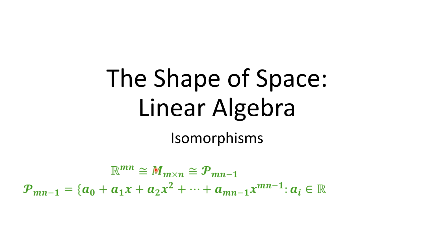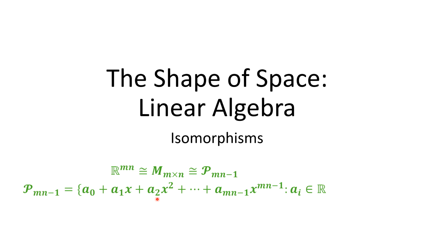That's isomorphic to the Euclidean space of dimension mn, and then that in turn is isomorphic to the set of polynomials over the real numbers